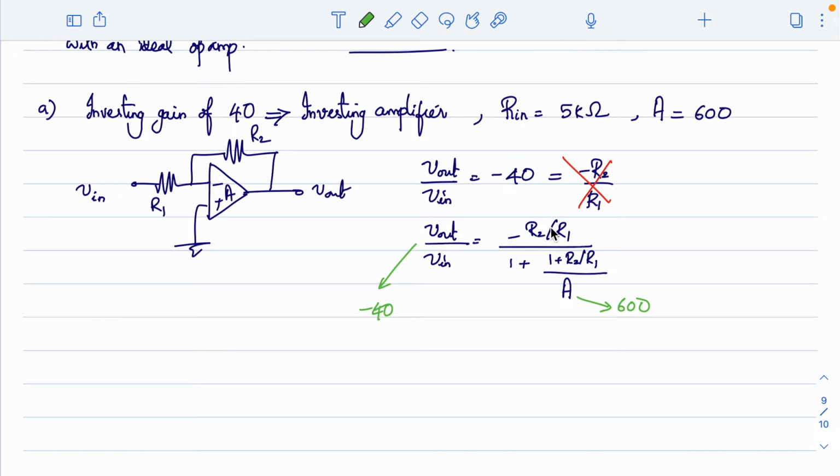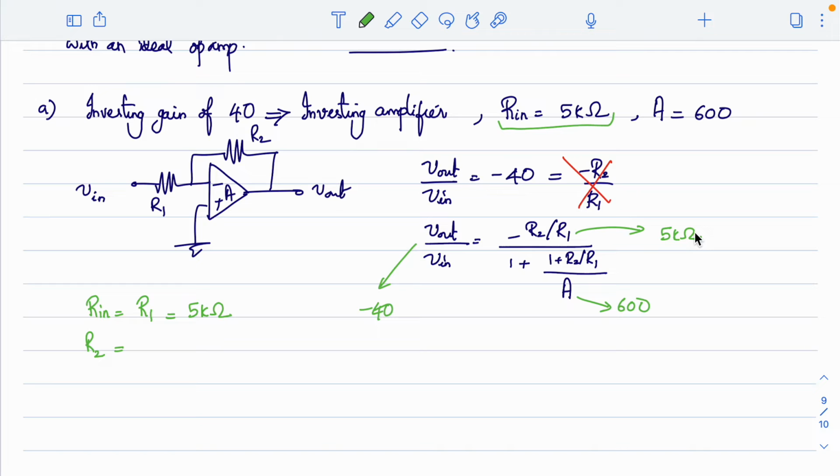Now the moment you hear that it is designed, you have to find the values of R1 and R2. So any other conditions given? It is also given that input impedance is 5K. For an inverting amplifier, even though we have taken the ideal case, here also you can directly take that as input impedance. Rin will be equal to R1, that can be taken as equal to 5 kilo ohms. Rin equals R1 equals 5K. With that you can find the value for R2, because rest everything is known.